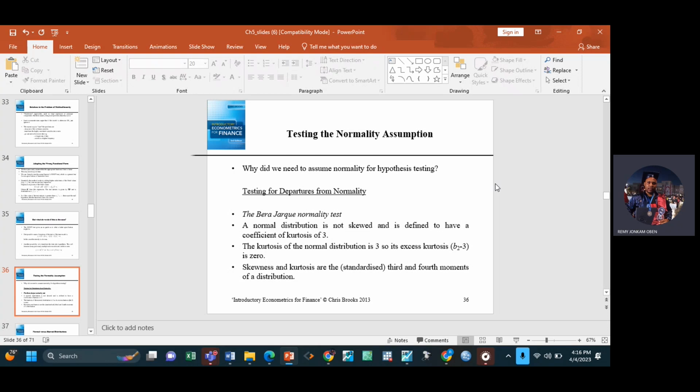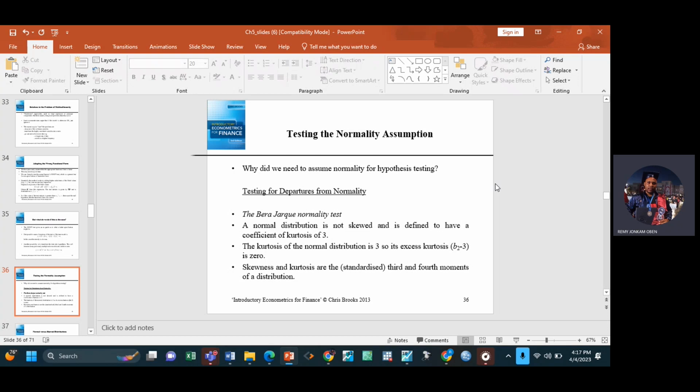Of course, we can check the histogram. You know, in EViews, we check the histogram. It gives us an idea if it is normally distributed or not. But to formally test for it, we are using the Jarque-Bera test. Now, this Jarque-Bera test brings 3 things together. It brings kurtosis, skewness, and sample size. If your sample size is really, really big, then most probably your data and even your residuals will be normally distributed according to central limit theorem, right?